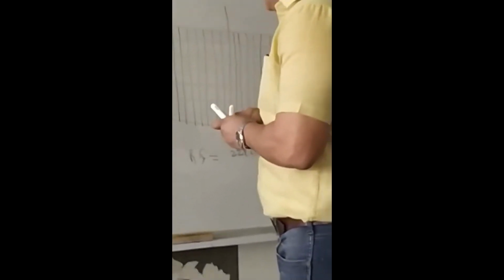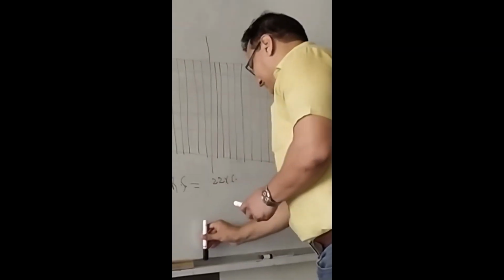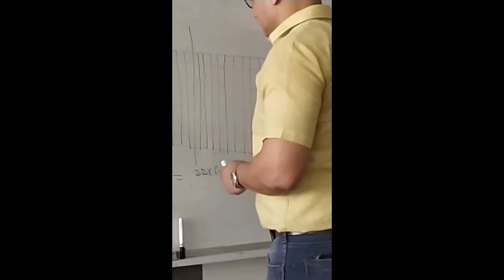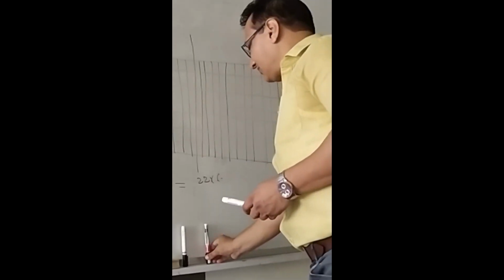These 6 lines are there in your notebook like this. Okay, you don't have to draw that. So this is 22 into 6. Now I will be drawing. First, let me draw the binding ends, these ends.